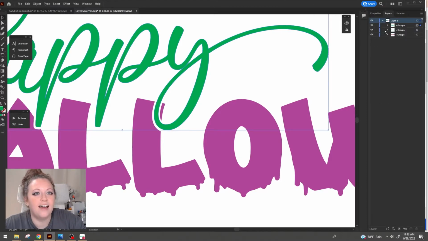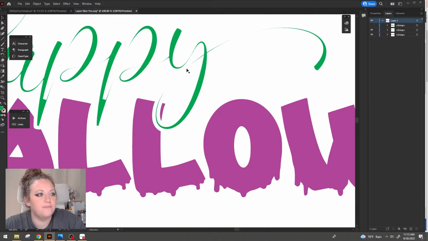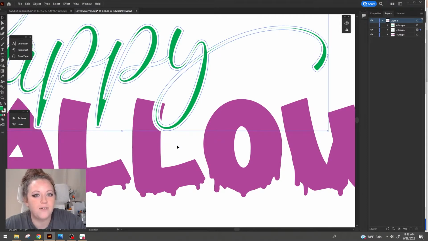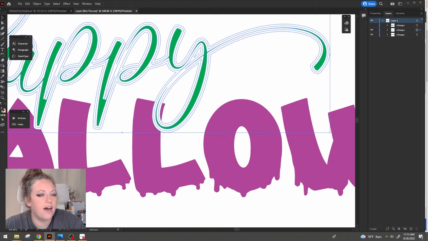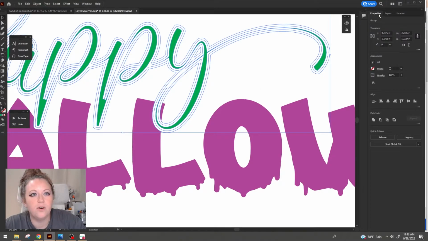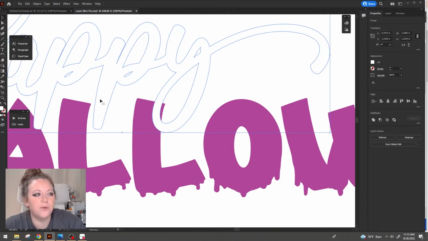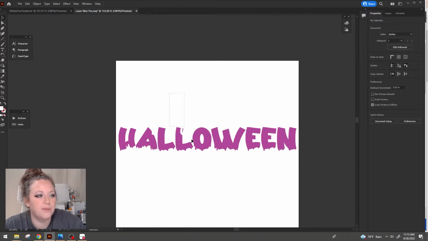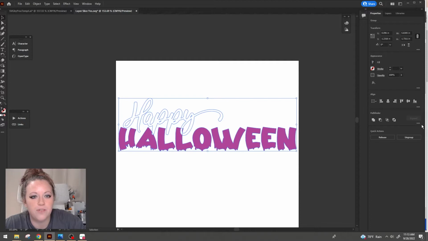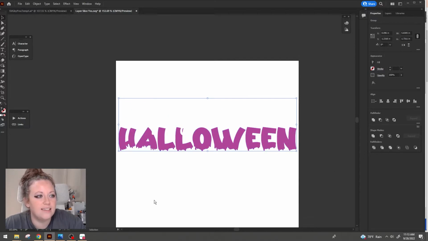So let me hide this top layer of text. And the layer that we have our white outline on, we're going to go up to Object, Path, Outline Stroke, go back over to our properties, and we're going to merge all of that together. So now we have a white happy and then our purple Halloween text. Selecting both of those, we're going to go to our Pathfinder tool, hit those three little dots, and we're going to use our trim feature once more. Tapping that,